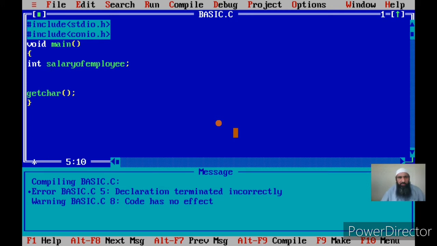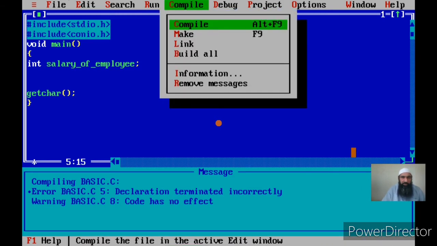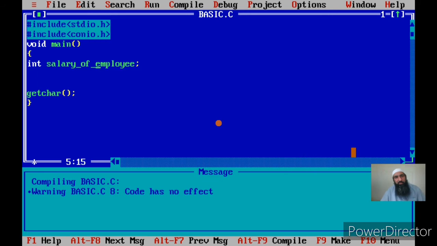Let me try this character first. This character is called an underscore. I give the name of the employee as salary of employee, but in place of space I give one more character that's called underscore. It is at the bottom. Now variable name is salary_of_employee. It is continuous. There are no breaks. There are no spaces. So it is allowed. I'll see whether underscore is allowed in the variable name or not. If I compile, no error, so it's allowed. Underscore is allowed in the variable name.